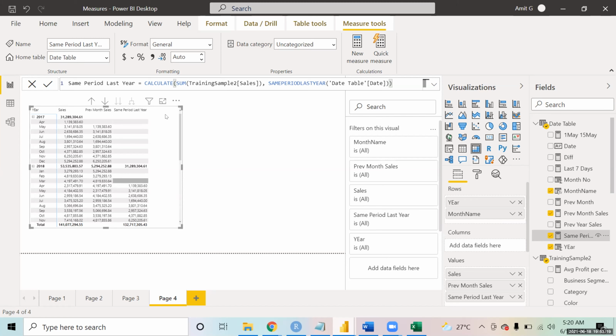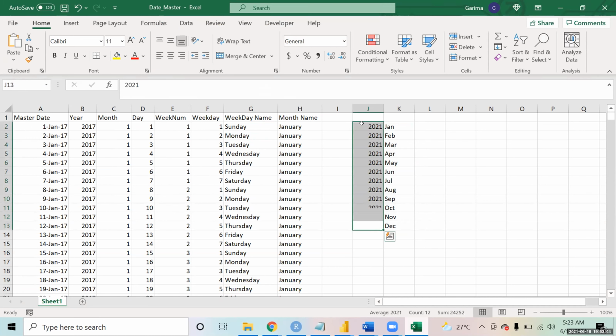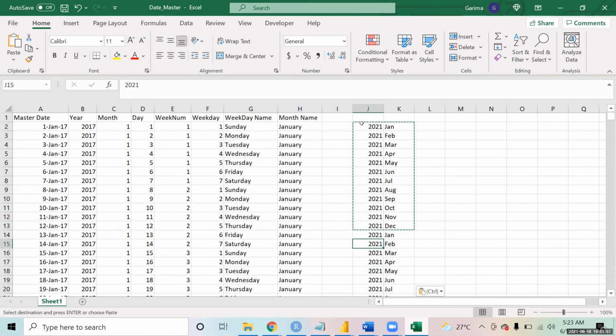You see, basically what happens is, if you have some sales with you, you have the month-on-month sales. So this is Jan, this is Feb, this is March. You have the entire year sales with you, and this is the year 2021, suppose. And this is the same thing that you have for 2020 as well.